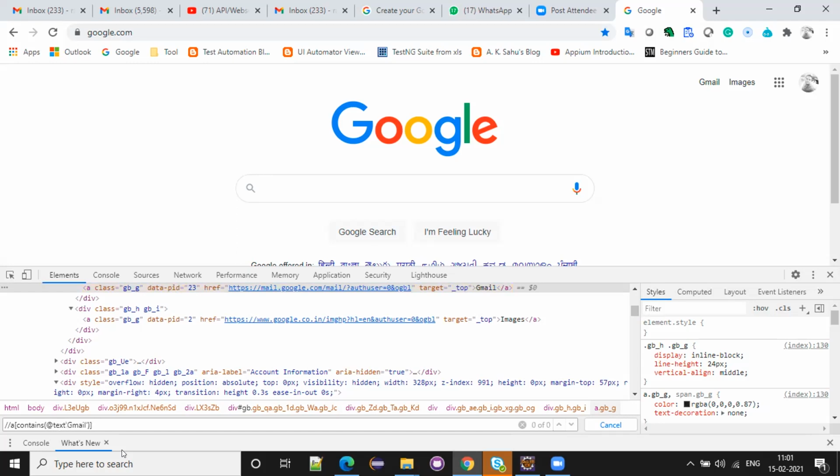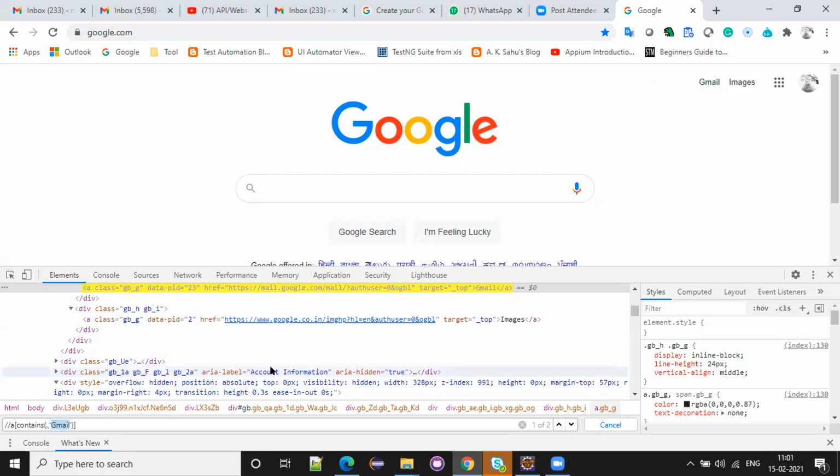If it is text, but see, there is no text, right? So I use dot, comma. Then it will search the Android DOM and wherever Gmail is there, it will capture.